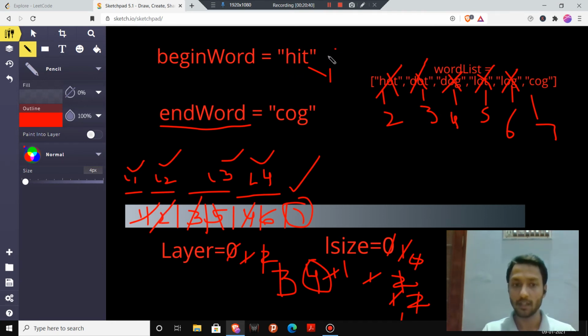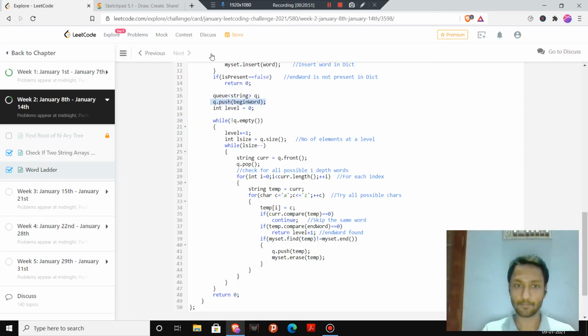Now we apply the same process, recursively or iteratively, for each word. So here also we have pushed our begin word, and we have set our level equal to 0, and it will increment as we process each level.